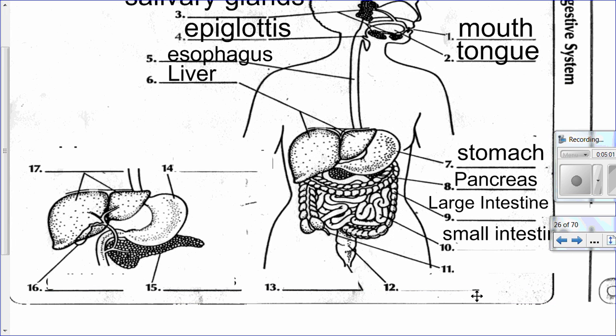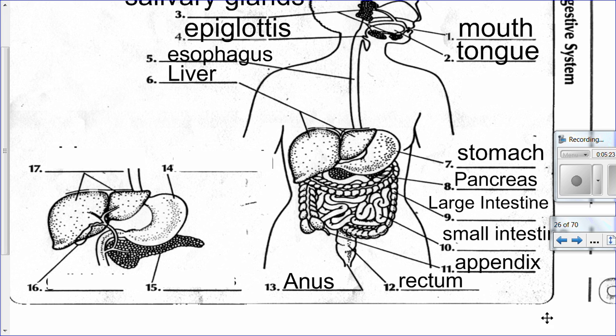Okay, moving down the digestive tract, you have number 11, which is your appendix. Sometimes they get inflamed and have to be removed in humans. We'll talk more about that. 12 is sort of at the end now of the large intestine and at the end of the digestive tract. It's referred to as the rectum, and the opening out of the body where undigested food leaves is referred to as